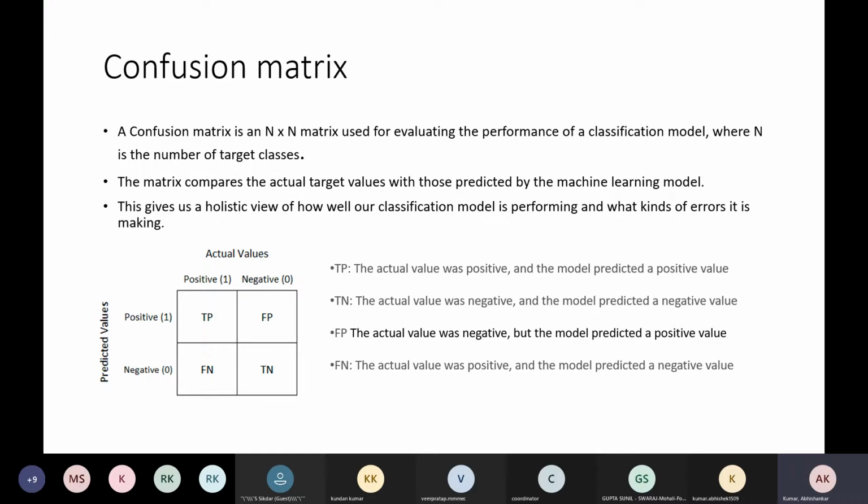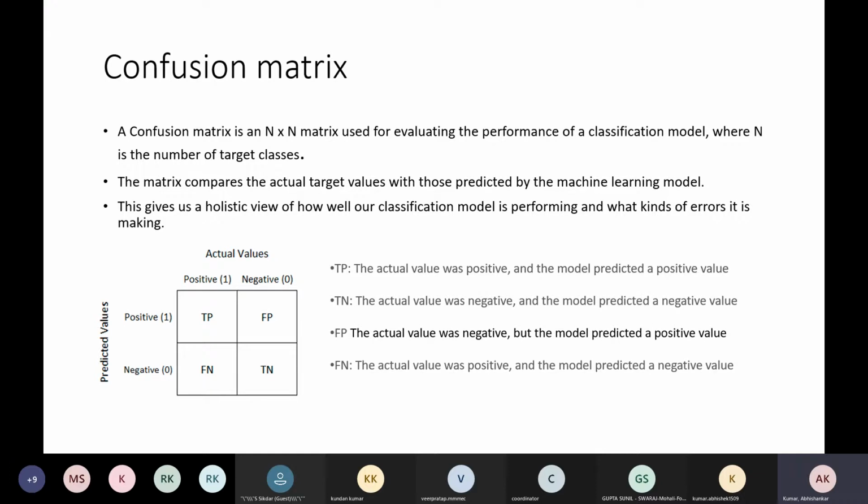Based on the definition, it will be 2 cross 2. Binary means you have two classes, class A and class B.